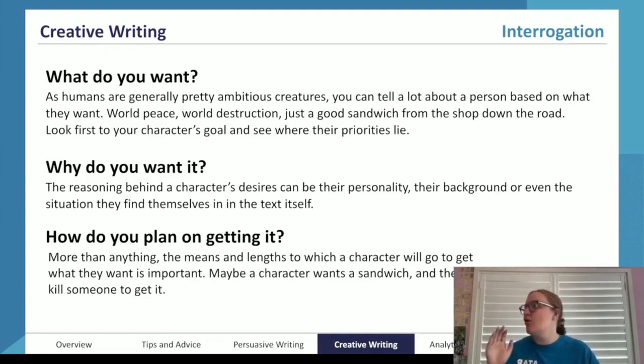There's only one Vegemite sandwich left on earth, and I have to be the last one that eats the Vegemite sandwich, because the last one that eats the Vegemite sandwich will get the blessing of eternal life. And so I have to be the one that has the last Vegemite sandwich. And so I am willing to do whatever it takes to get that sandwich. I will kill someone to get that sandwich. And immediately the stakes are raised and we have a story, we have something interesting, we have something engaging, we have a character that we want to explore more, that we are interested to follow and hear more about.